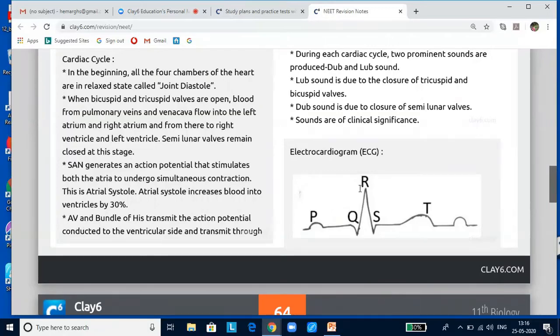The P wave in the ECG represents the electrical excitation or depolarization of the atria, which leads to the contraction of both the atria. The QRS complex represents the depolarization of the ventricles, which initiates the ventricular contraction. Contraction starts shortly after Q and marks the beginning of the systole. The T wave represents the return of the ventricles from the excited to the normal state, that is repolarization. The end of the T wave marks the end of the systole. By counting the QRS complex, the number of heartbeats per minute can be obtained. Any deviation from this shape indicates an abnormality.